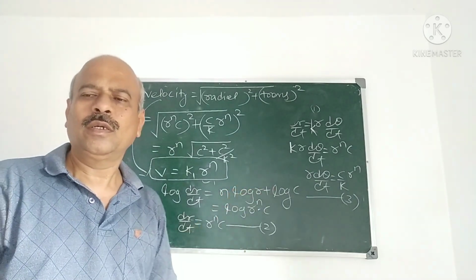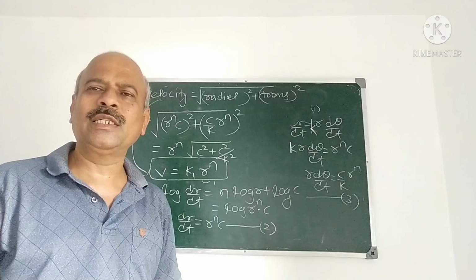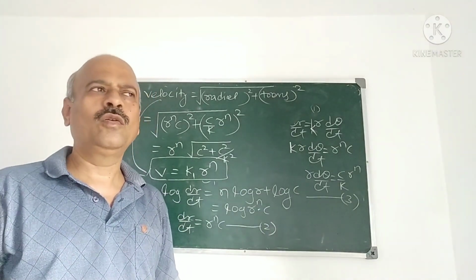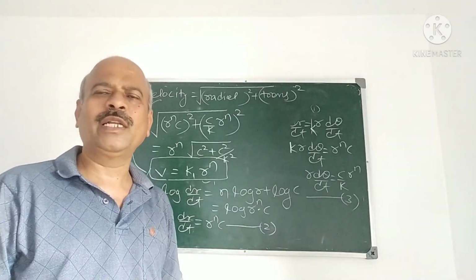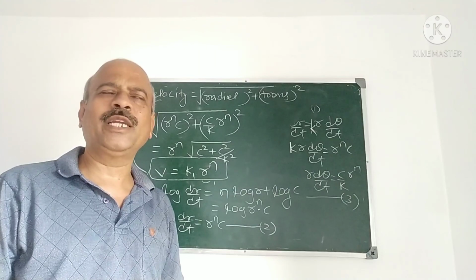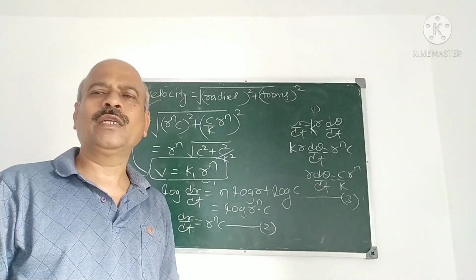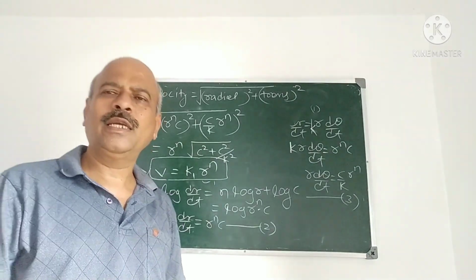So the next topic is components of velocity and acceleration in intrinsic form. You know how the equation of a curve is expressed in intrinsic form. Intrinsic means it is expressed in terms of s and psi. There we derive the components of velocity and acceleration. That I consider in the next video.